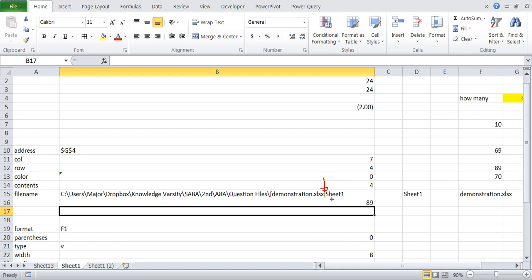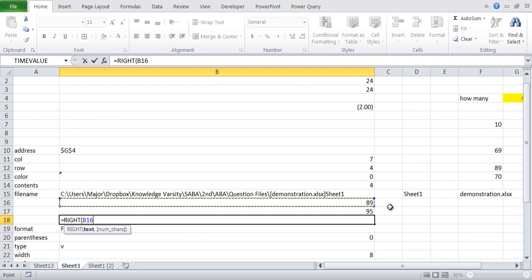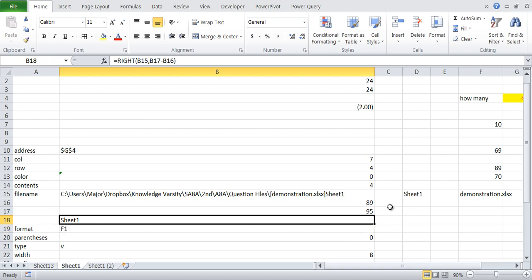Now I want to get the right of this 89. So the total length minus 89. Let's get the total length. The total length is 95. So I will use the RIGHT function on the text, and I'll say 95 minus 89. Okay, so I should get the value Sheet1.